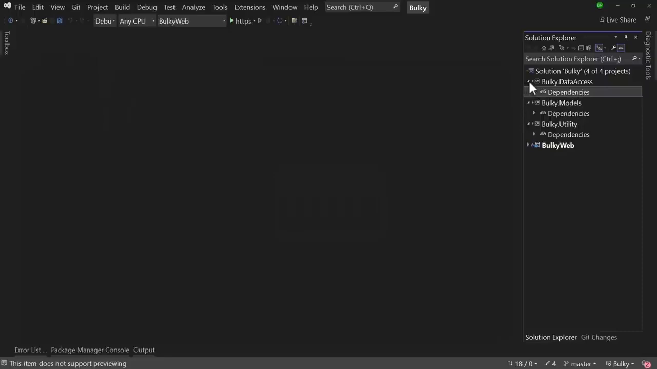We will be creating new class files when needed, but perfect. Now back to the MVC project, we have the bulky web, bulky utility, bulky models, and bulky data access. In the next video, let me remove all the logic that is bundled in the bulky web to the individual